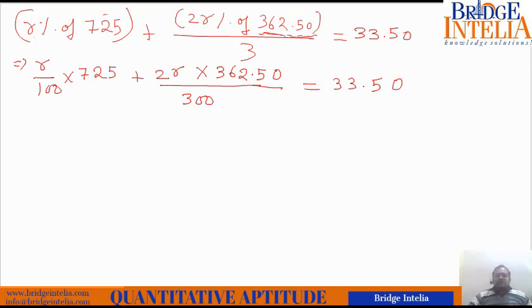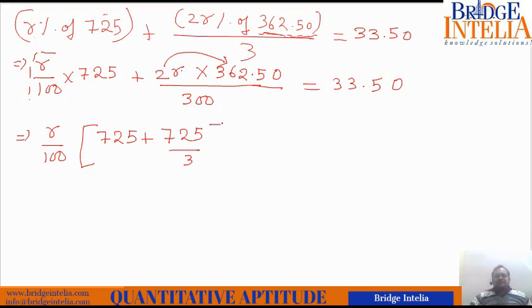So a few things can be taken common. You can take R by 100 as common. So R by 100 if you take as common, this is 725 plus, if you multiply with 2 it will become 725 only, plus 725 by 3. This is equal to